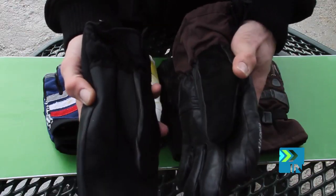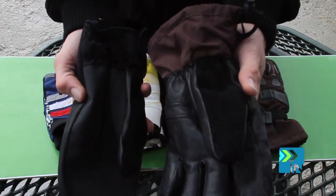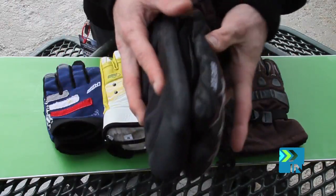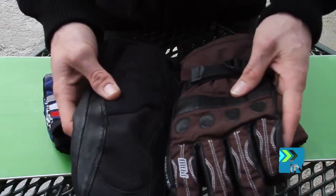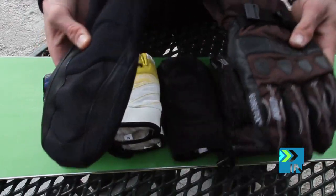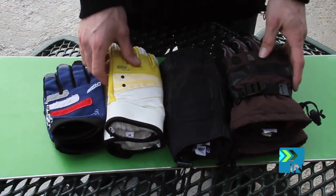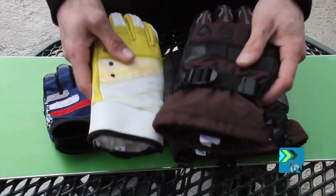The mitten is definitely going to be warmer. The glove's going to be more deck style. You're going to have much more dexterity, be able to do more things with the glove on. So that's the first thing you're going to want to decide. It's a little harder to put your bindings on with these than it is with these, and that's a big deal sometimes. Next thing you're going to notice when making a purchase of gloves, that there's also one called over,